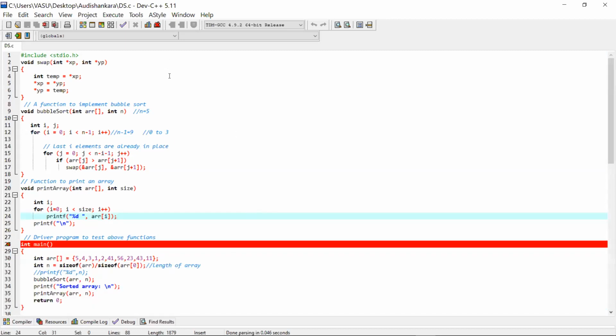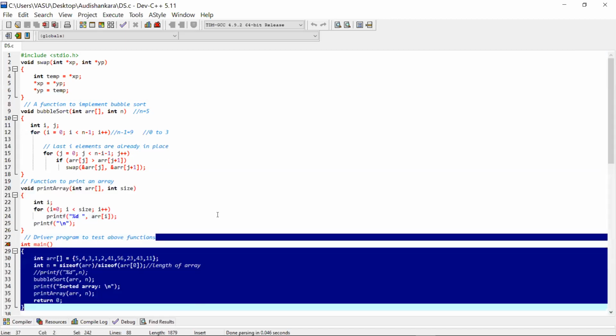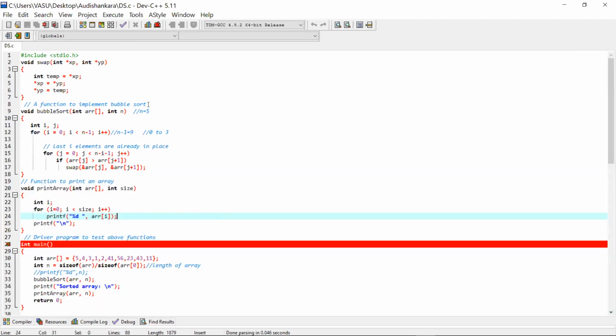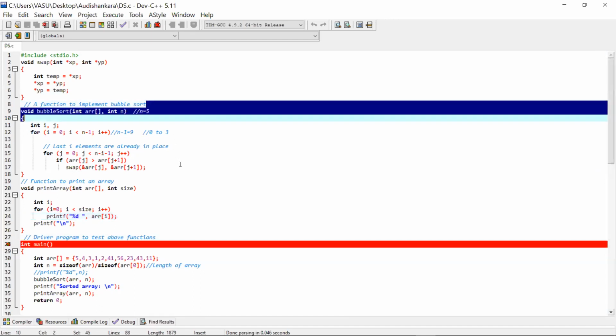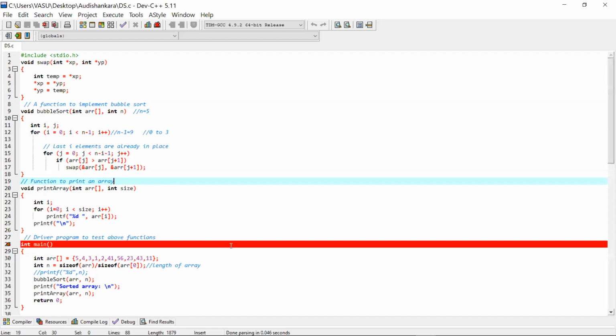Now, how to swap the numbers, you already know this part. How to print the array, display the elements of the array, you already know. How to give input to the array, that also you already know. We have done this code previously. The main part that you need to know is this, the bubble sort. How do we do bubble sort? Even half of the part of bubble sort you have completed right now. And how many lines of code is there? 1, 2, 3, 4, 5. Hardly 5 lines are there. Okay, it is very easy. This is all just supplementary part, which you have already seen previously.